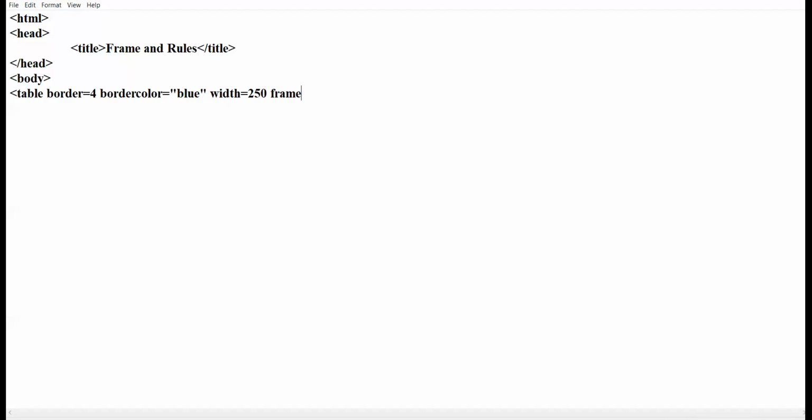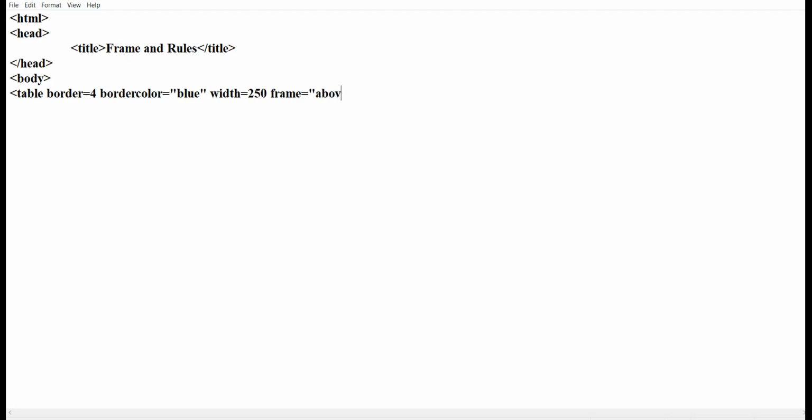That is the border which is around the table, not the border inside the table. So the frame attribute deals with the setting of the external border of the table. It has 9 possible values. So let us study each value one by one.